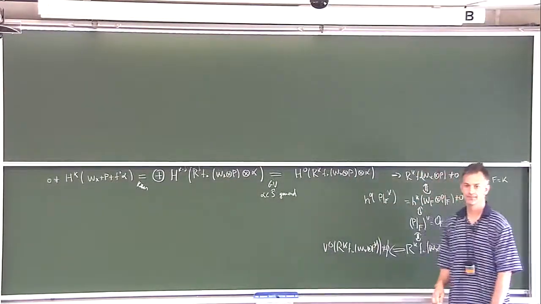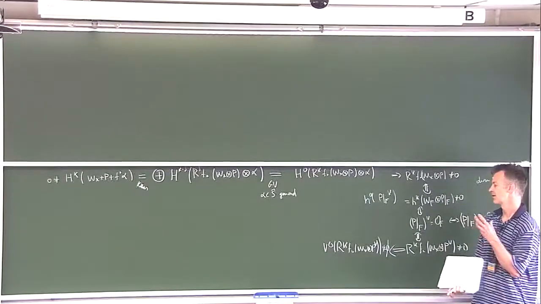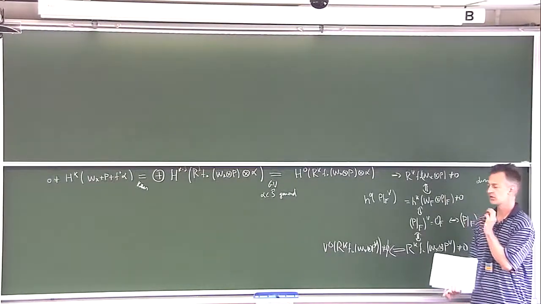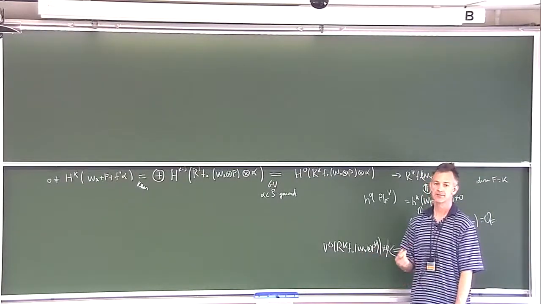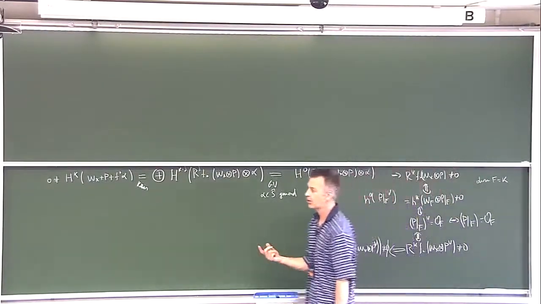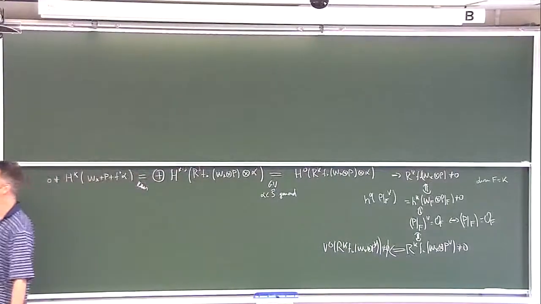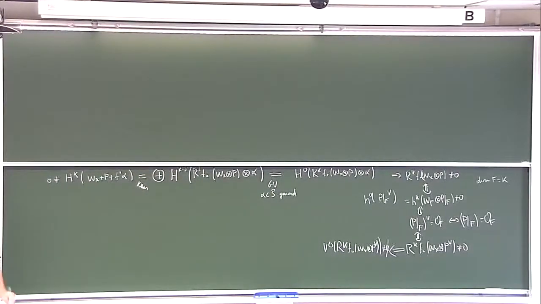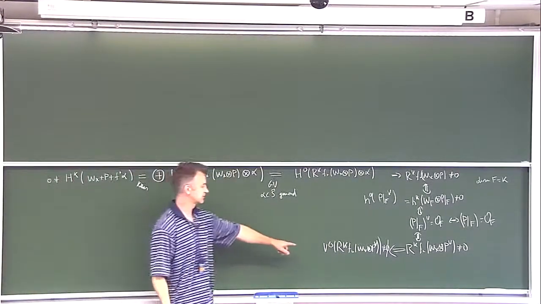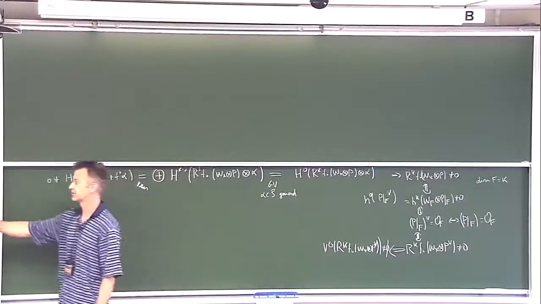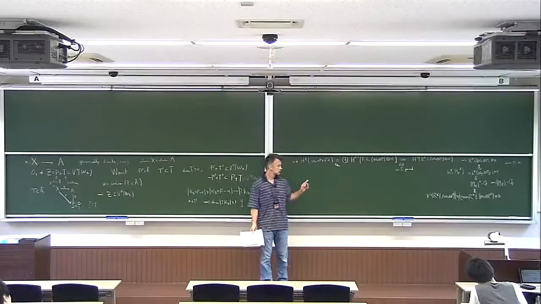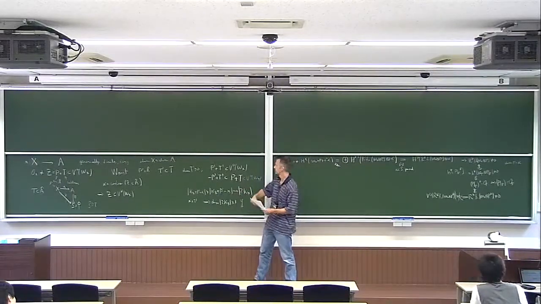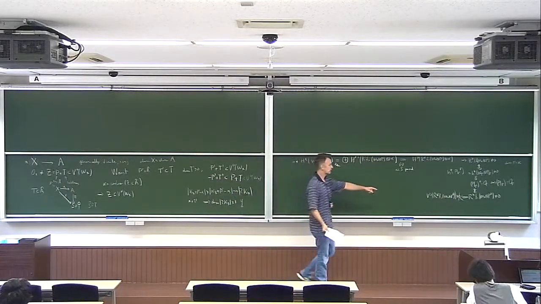Okay? Now, I want a little bit more. I don't want it just to be non-empty. I want it to contain a component of dimension at least 1. That component will be my T prime, right? So I'm going to deduce from the non-emptiness of this locus that component T prime. So in order to get a T prime of positive dimension, I want to deduce that this